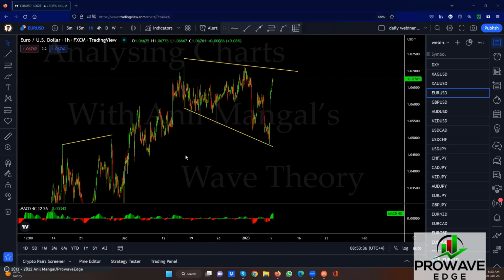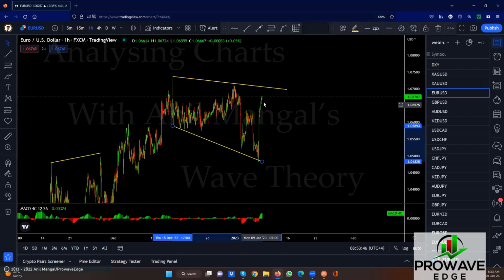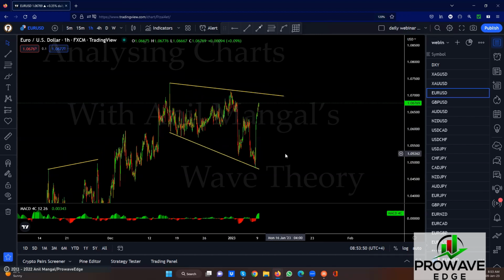If it goes out, let it go out without you. If this has to go out as a spike out of the structure, better to let it spike, because if you buy here, your stop has to be here. And if you're going to buy here with the intention of putting a stop just under one of those candles, well, you're risking too much. Chances are you would lose that trade. It's not worth chasing. Just wait for it.